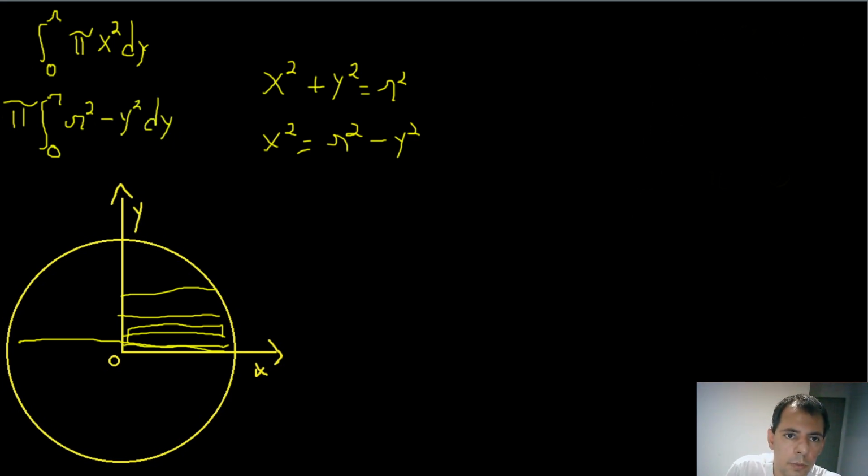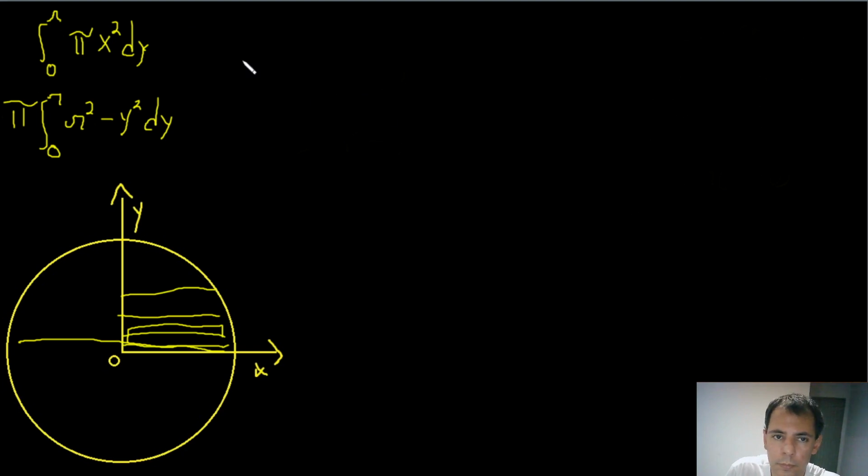Now I'm going to erase the thing that I did here. Okay, so let's integrate this. It's going to be pi times, actually we're integrating with respect to y, so it's going to be r squared y minus y cubed